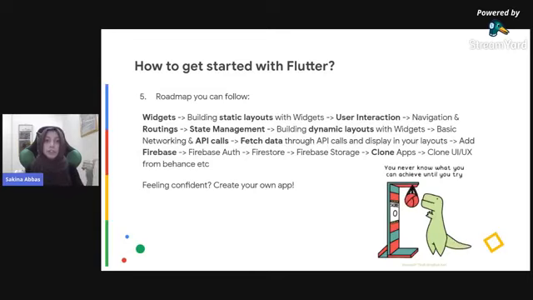So initially you start off with building static layouts. Now you build dynamic layouts. So for instance, if a user presses a button and there's this container or this image, this colored container, let's say, on the screen, then it changes color. So just experiment with that. Basic state management, basic dynamic layouts.